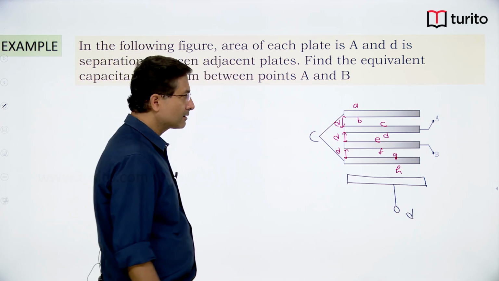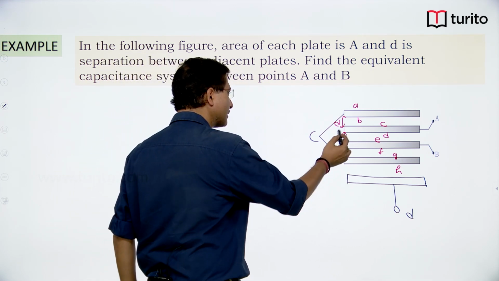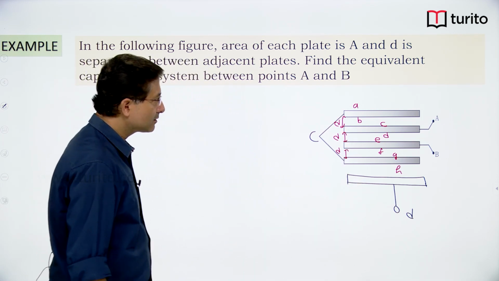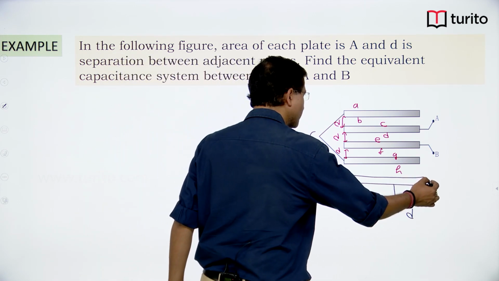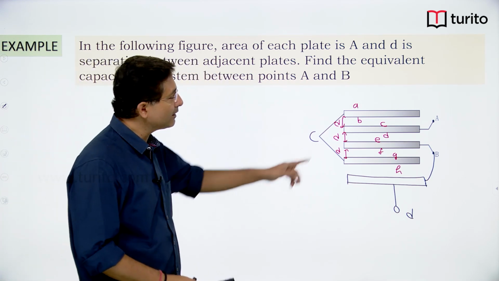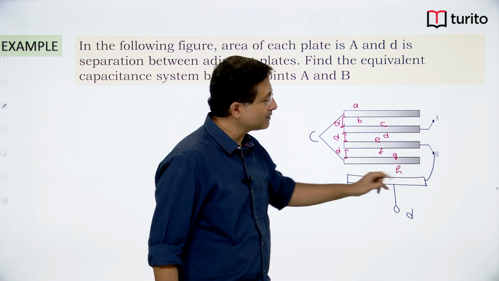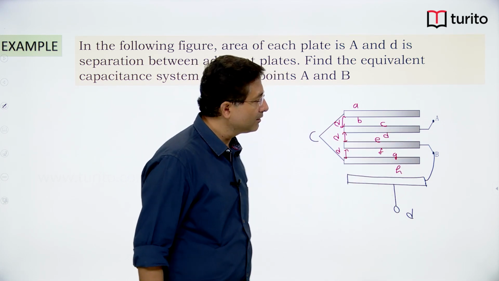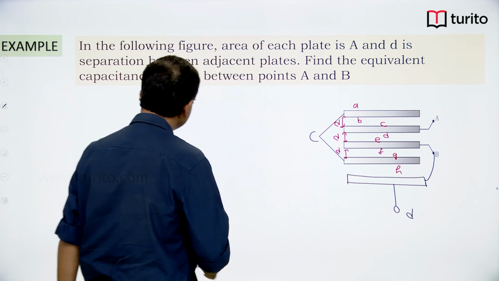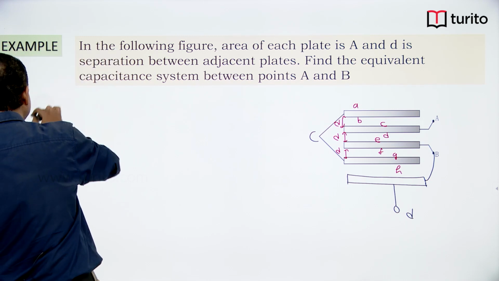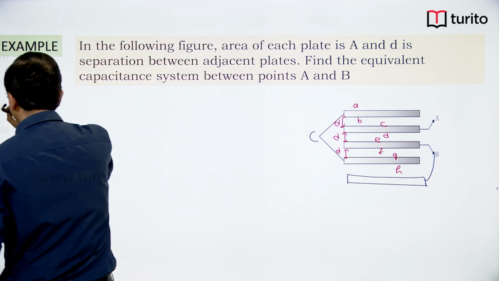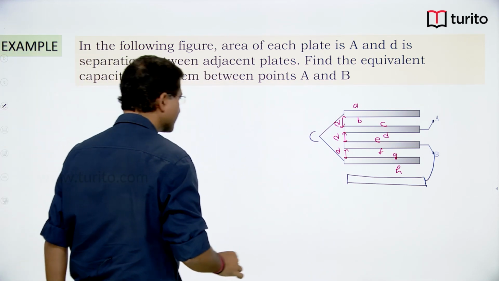I can also connect this plate by a conducting wire which is connected to A or connected to B. So, let us connect these two. Now, this is our circuit. There are two conducting wires connecting these two plates, and this is terminal A, and I am calling this terminal D. So, let us just add one more plate and we will call that terminal D,